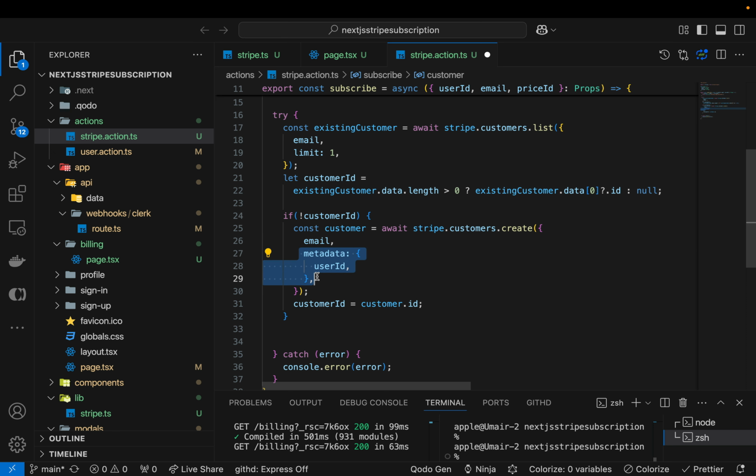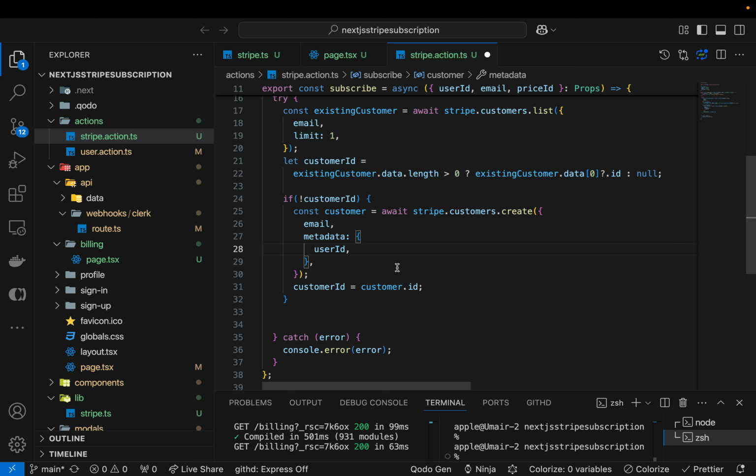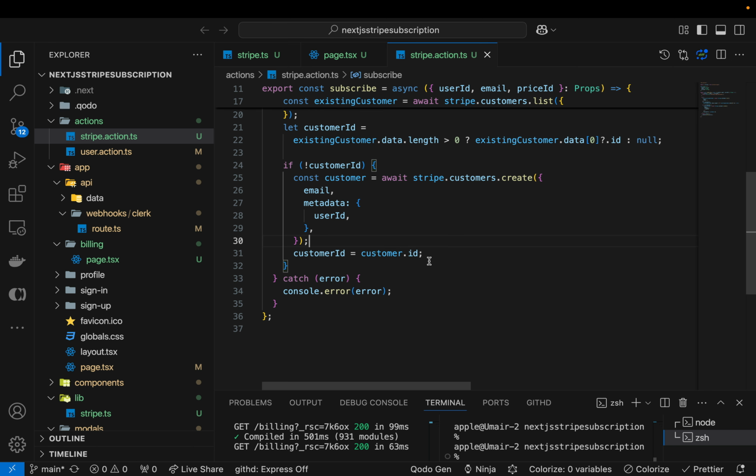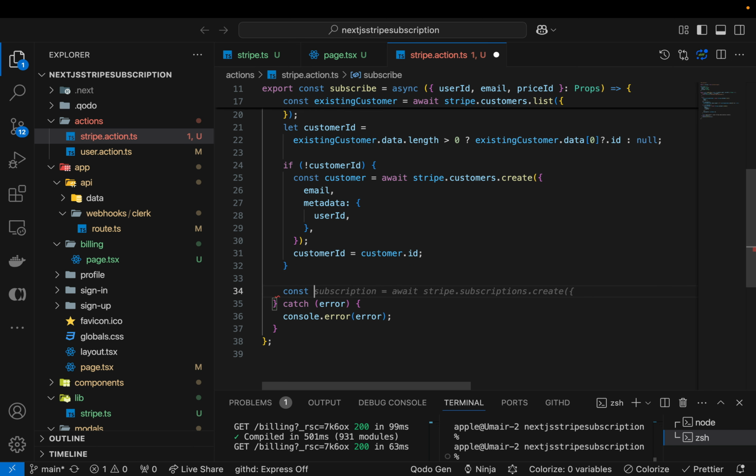Okay, so let's do that. Because later on we might want to know which user account of Clerk or the MongoDB database it belongs to. Then I'm going to put the customer ID with this. Okay, so now I'm going to create the URL for